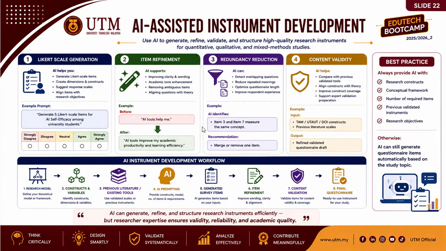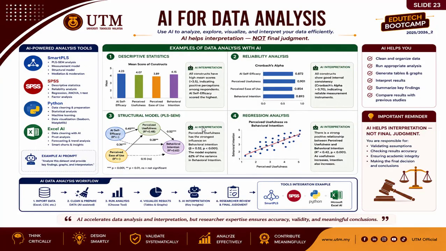So quickly, let's see AI for data analysis. We do SmartPLS, SPSS, Python, Excel. We can do all of it with the support of Python. If you don't know about SmartPLS, I compared both results using SmartPLS and Python. Almost they are the same results, there's no difference. If the reliability value is 0.84 in Python, the same result is in SmartPLS, and the same graphs are generated with the same values for the mean, median, and other values, same for the R square. So we use Python smart coding.